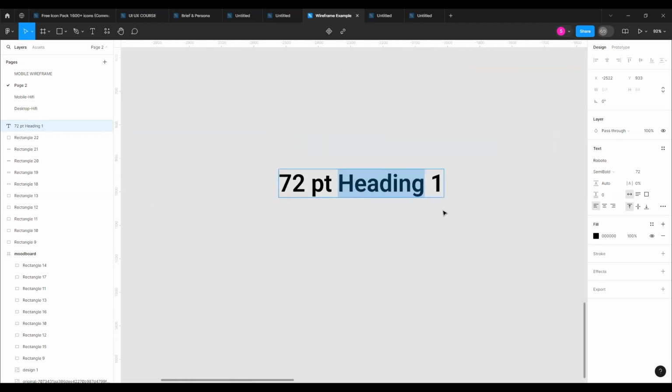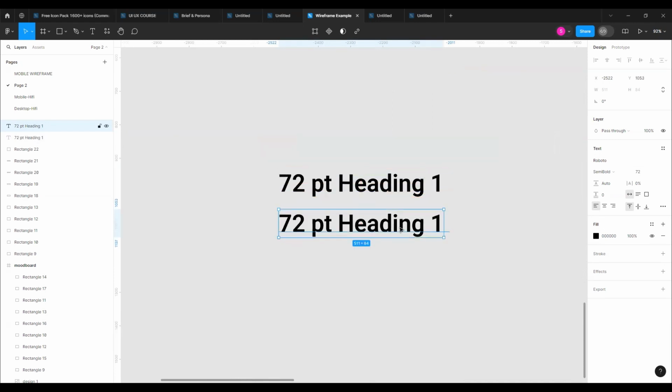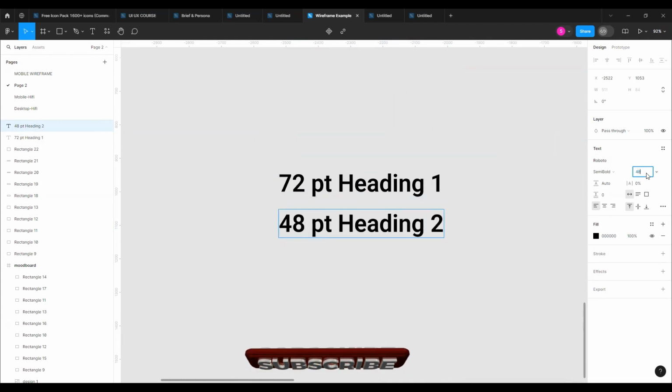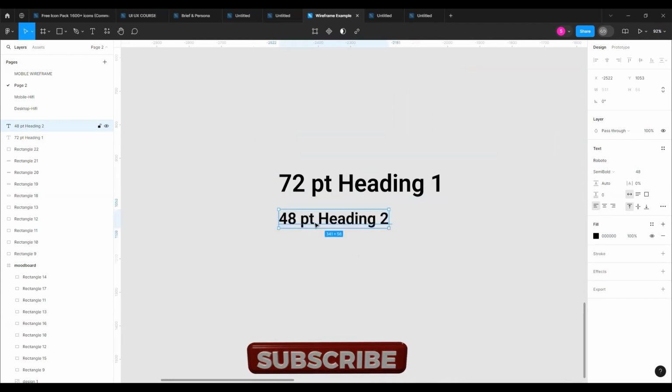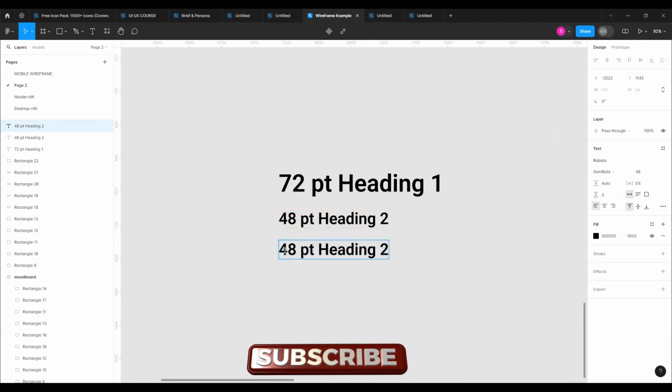So, for example, this is my heading one, and I have created a 72 size. Now I am creating heading two. Its size should be 48. Okay, and next 32,